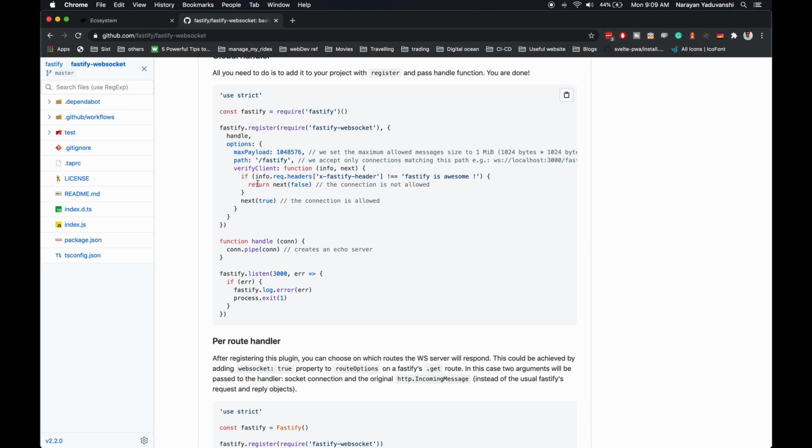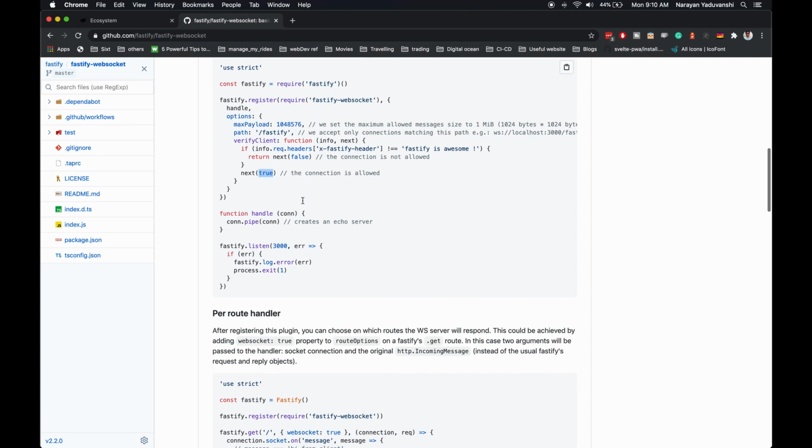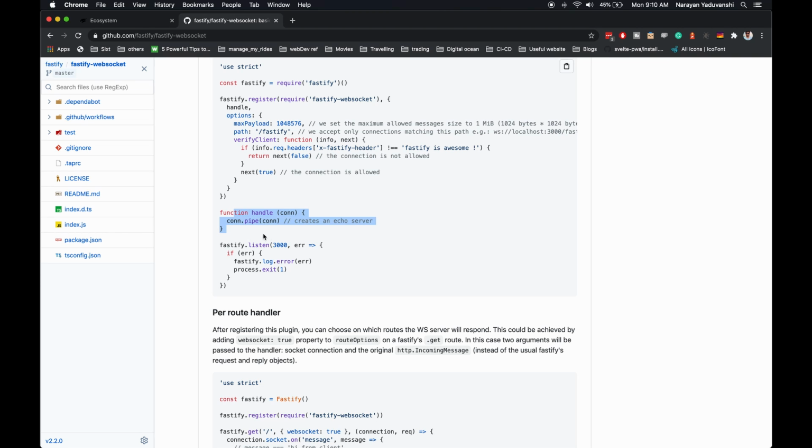If the token is not matched or the session is expired, you would ideally call its next callback with a false value. Otherwise, if the connection is allowed, the user is allowed, you would pass true as the return value. Okay, this handle callback is defined over here.